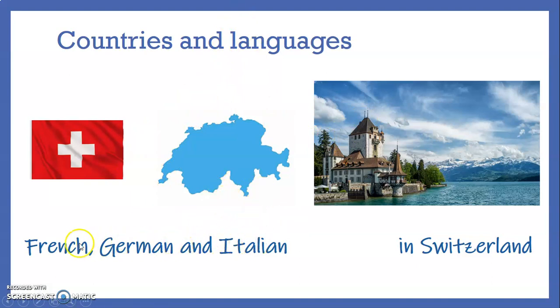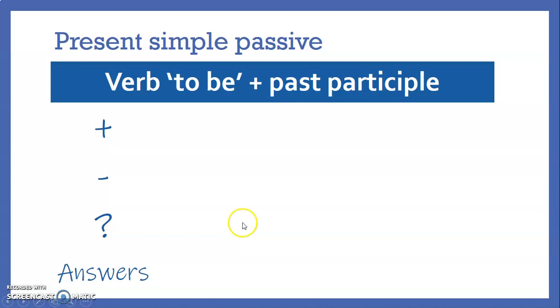Now, when we have not 3, but more than one thing before the verb, we change it. Not is spoken, we change it to are spoken. French, German, and Italian are spoken in Switzerland because this is more than one, and is we cannot use here. So just take a look